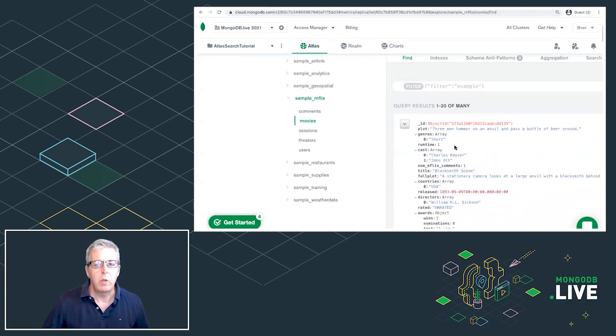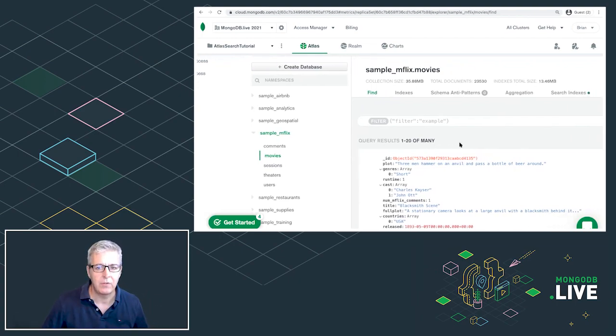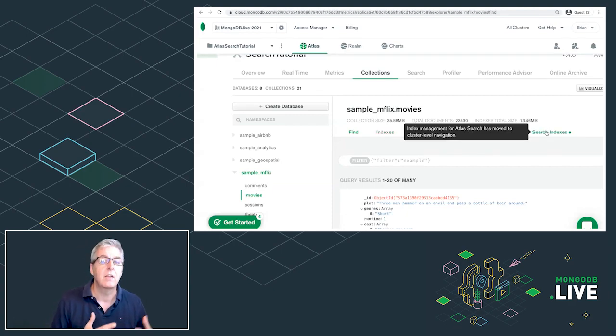Where we want to begin, as I said, is creating the index that's going to allow us to search against these movies in a rich way. You'll notice there are the traditional MongoDB indexes that you may be familiar with, and those are B-tree indexes, standard database indexes. We're actually going to create a search index based on Lucene that's an inverted index. This is more like the index you have at the back of a book, and this is going to allow for the rich text search that we're looking for.